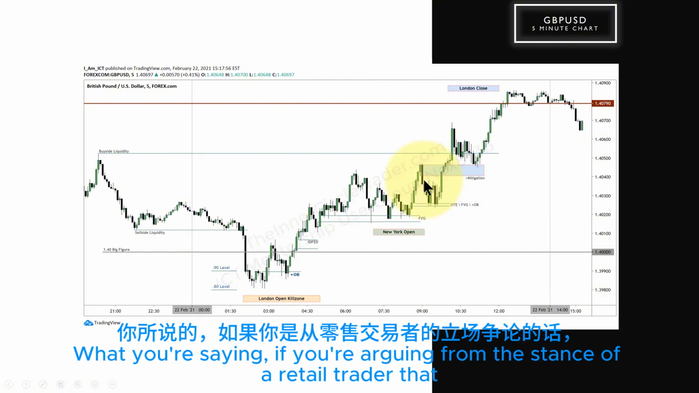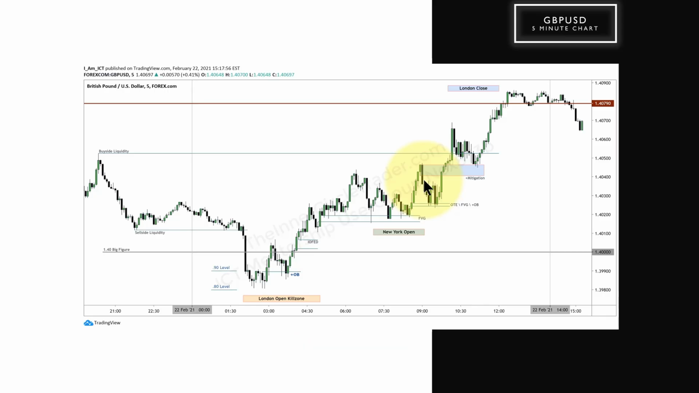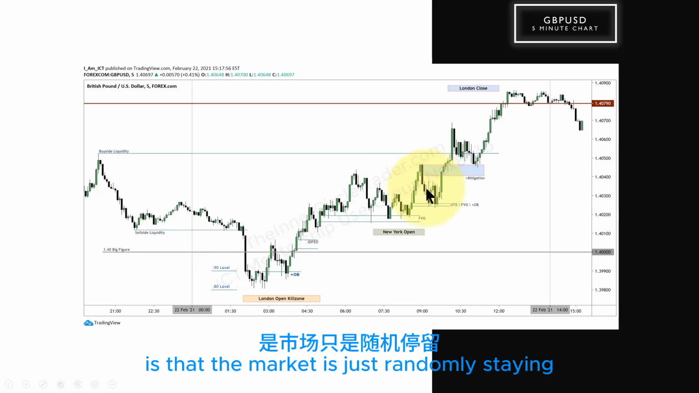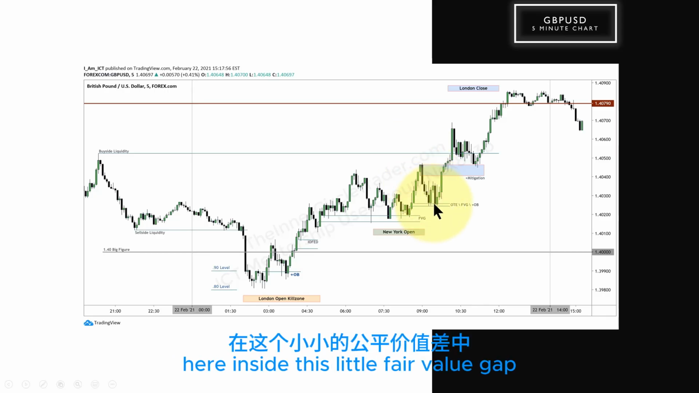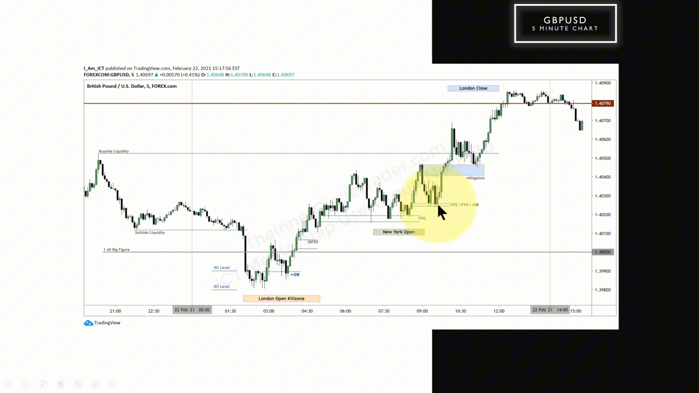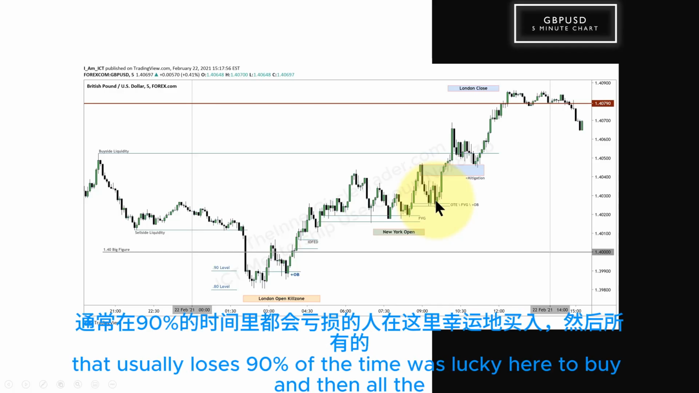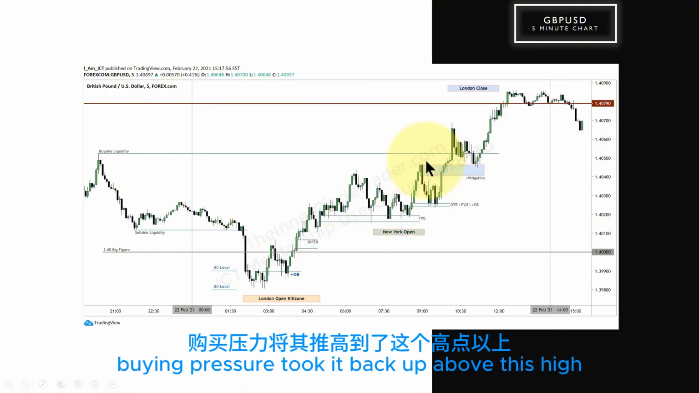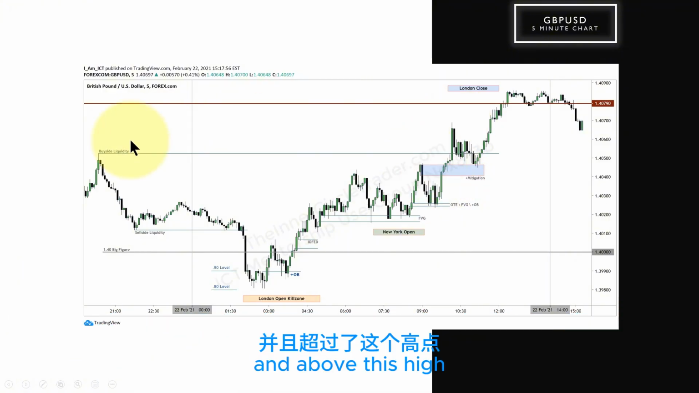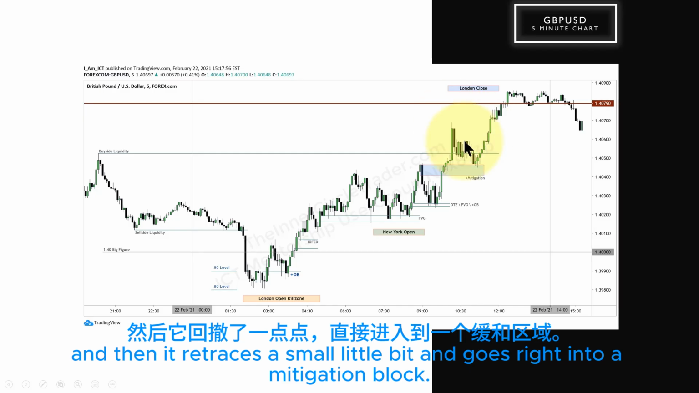What you're saying, if you're arguing from the stance of a retail trader that doesn't believe what I'm saying, is that the market is just randomly staying here inside this little fair value gap and then going higher, because everybody that usually loses 90% of the time was lucky here to buy, and then all the buying pressure took it back up above this high and above this high, and then it retraces a small little bit and goes right